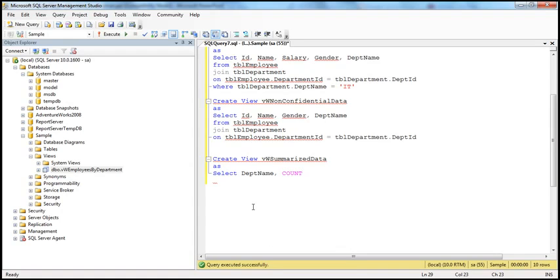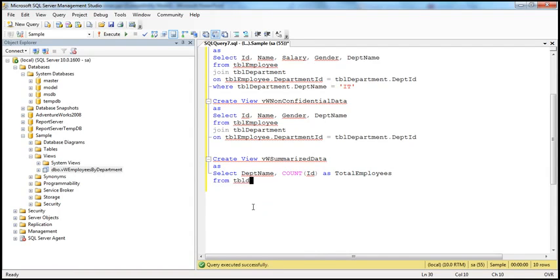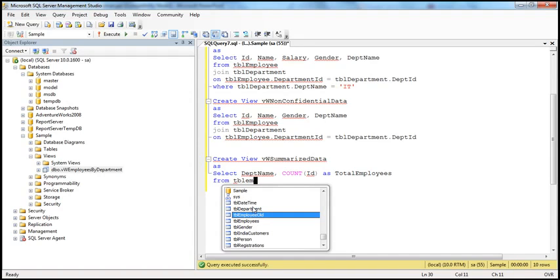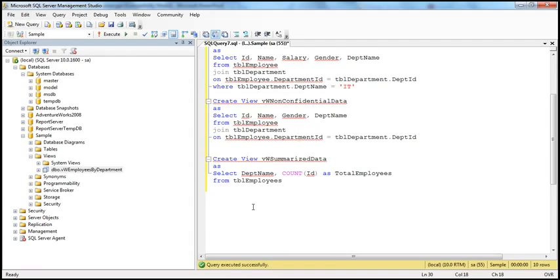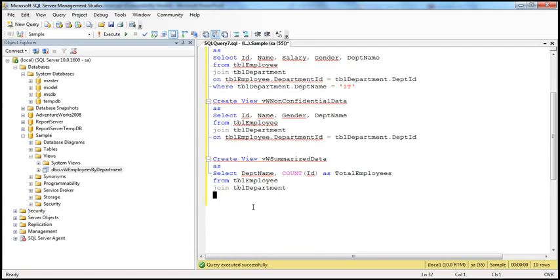So we use the count aggregate function, so count of ID, and let's say total employees from the tables, which are TBL employee, and we want to join that obviously with TBL department on